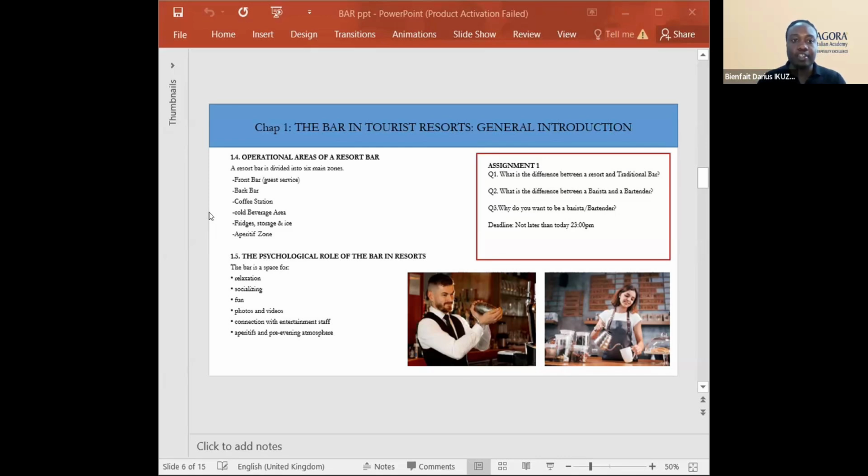So this is the back bar, and the student must know this place by heart, because if a senior bartender tells you, "Oh, I want a cold juice," you have to know where those juices are kept. Since I've told you that we usually come before some time, you have to know that this place has the cold juices, and this one has the not very cold juices. So you know how to differentiate them, so that if they ask you for something, you know exactly where to take it from.